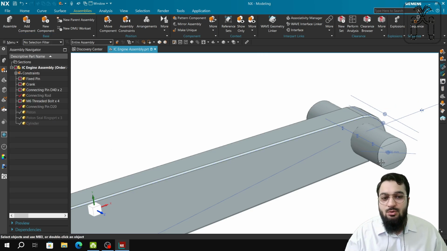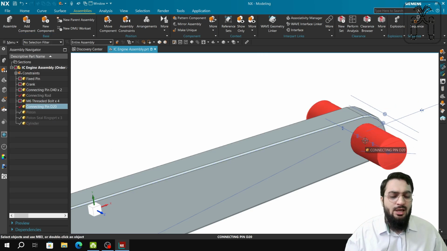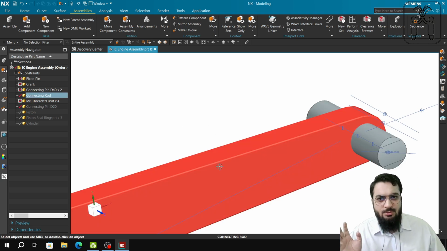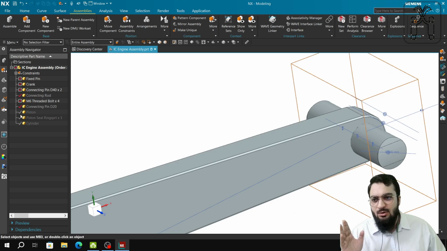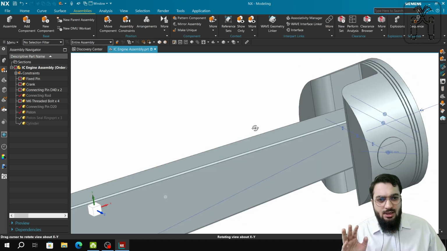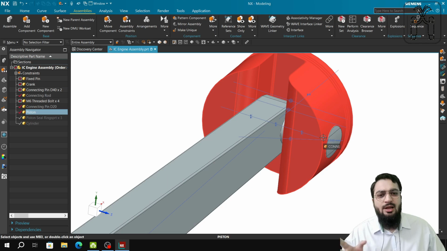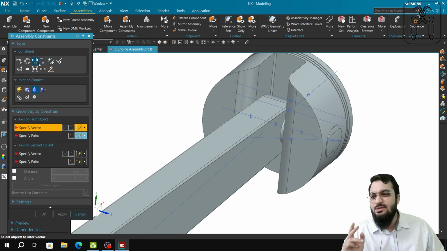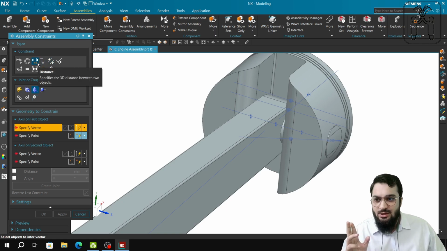After that the connecting pin will be aligned, but it will be either more on the right side or more on the left side, that does not matter, it will be taken care of later on. You will add the piston, and after adding the piston you will again align the center line of the piston with the center line of the connecting pin or the center line of the connecting rod. After that you will apply the assembly constraint, the constraint of distance,